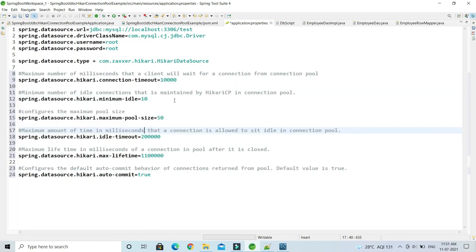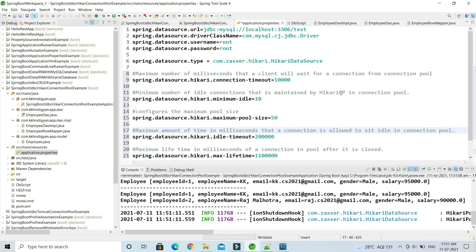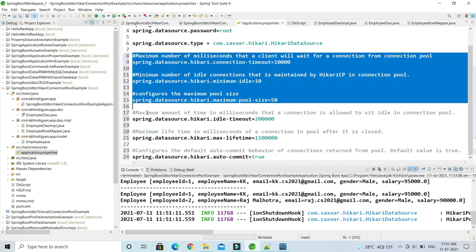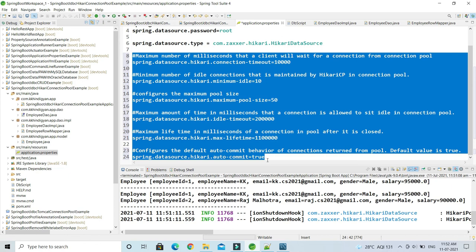Like the connection timeout, pool size, minimum idle connections, how many connections in idle situation the pool is going to maintain, idle timeout, max lifetime, and auto commit, everything. And there are many more properties related to the Hikari connection pool that you can find on the Spring Boot official website, right? These parameters of course you need to set as per your application requirement, right?